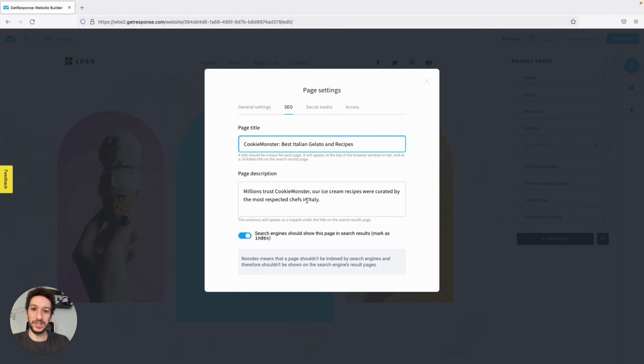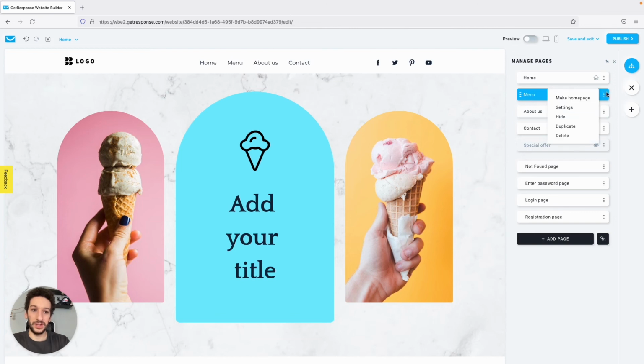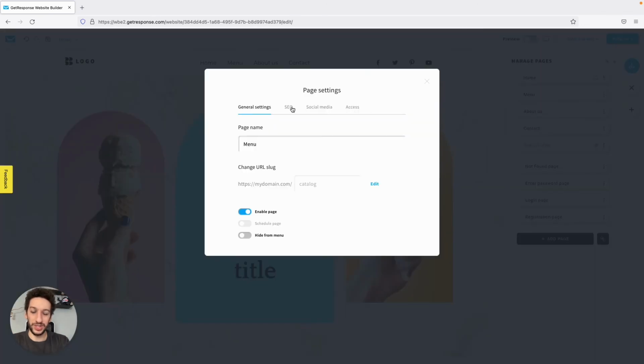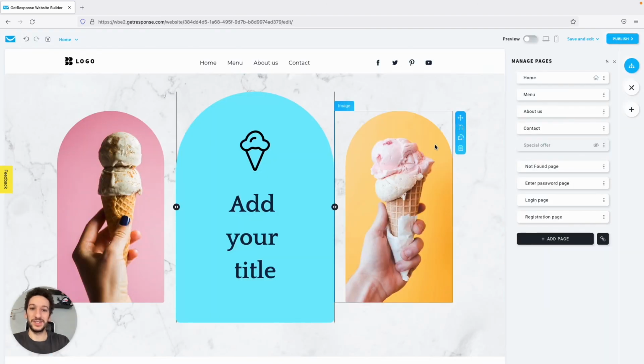And once you have this done, you then can just click on the X and it will be saved, and then you can do the same for every other page that you have. And don't create duplicates in terms of description and title, as then if your pages appear in Google, it would appear as a duplicate, and people don't like that and they will not be clicking that as well.